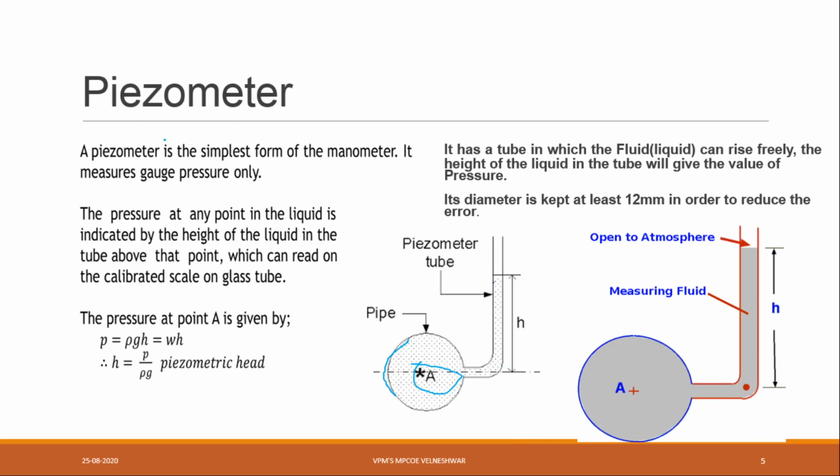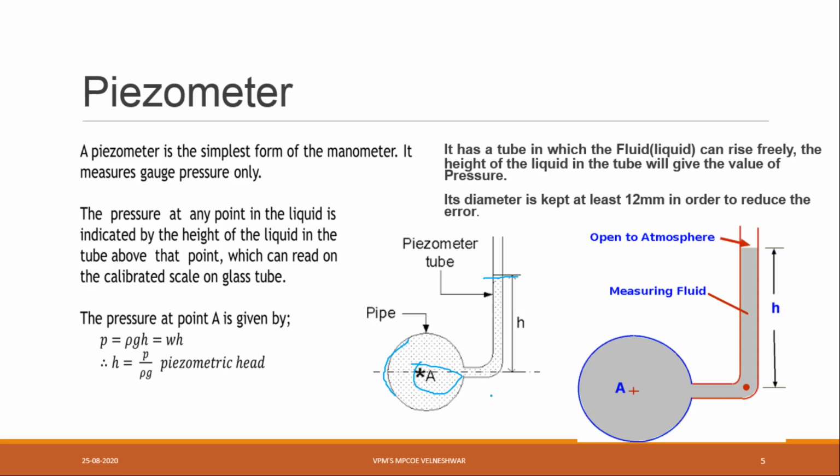The pressure at any point in the liquid is indicated by the height of the liquid. Suppose I release this water tank, then pressure will act, and due to that pressure water will come outside, and at some height it will stop. Why? Because of the lack of water. If sufficient water is there, at some location it will stop. Now the height of the liquid in the tube above that point can be read on a calibrated scale